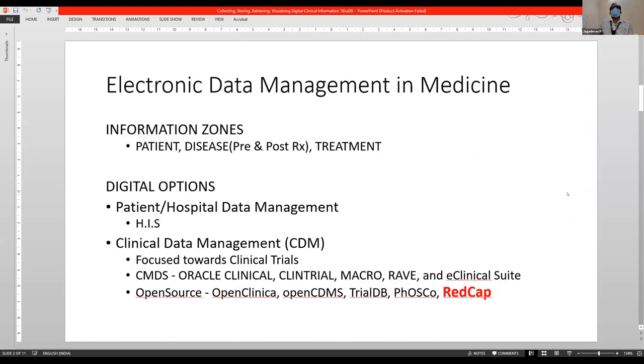Okay, going on to data management in medicine, what exactly do we collect in our routine practice? We are basically collecting information on the patient, so patient-specific details, the patient as a human. What do we collect regarding the patient? We collect identity-related information and some demographics. And then about their disease: we assess their baseline disease, and in the follow-up period we also record their post-treatment disease status. And then we also record each and every treatment.